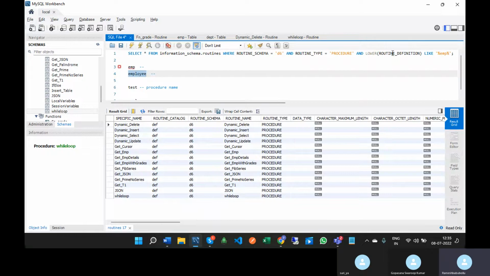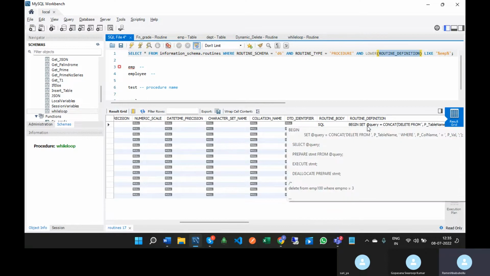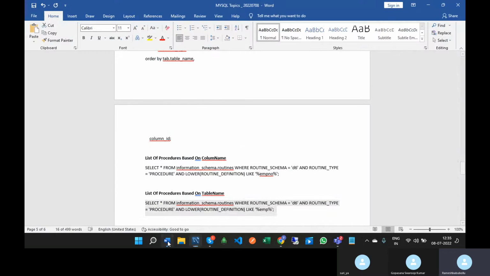Okay, and you are going to search the column routine definition. So what will be the routine definition? You observe this entire logic will be there. Okay, in that entire logic EMP, it will go to the search with EMP keyword. Okay, so you need to remember this point. Next,